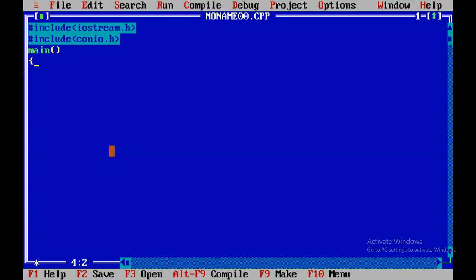Next line, open block, also called a brace, where the program starts. Now I'm going to enter clear screen. This is a function which is very useful to clear the previous output which is in the output screen.